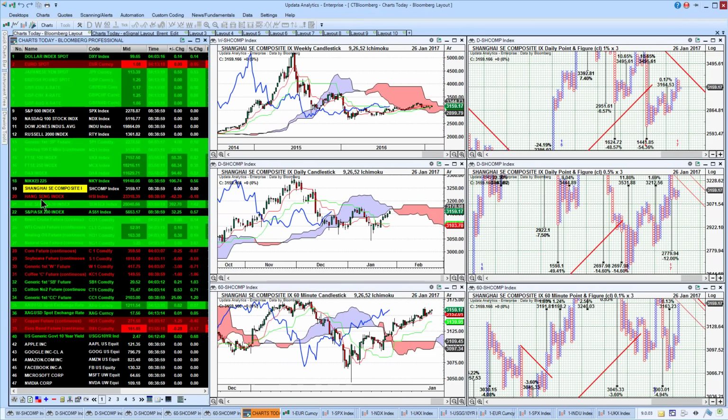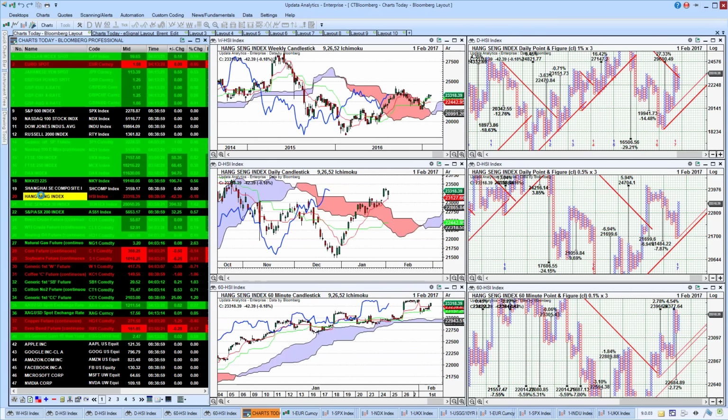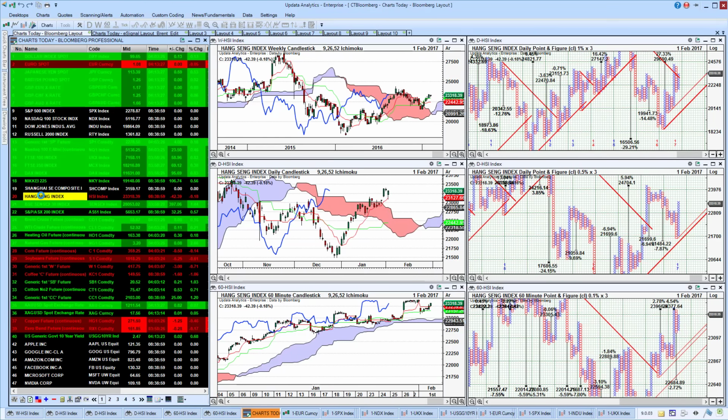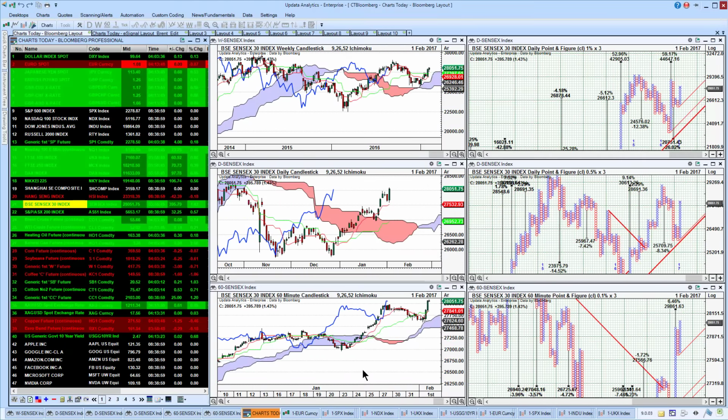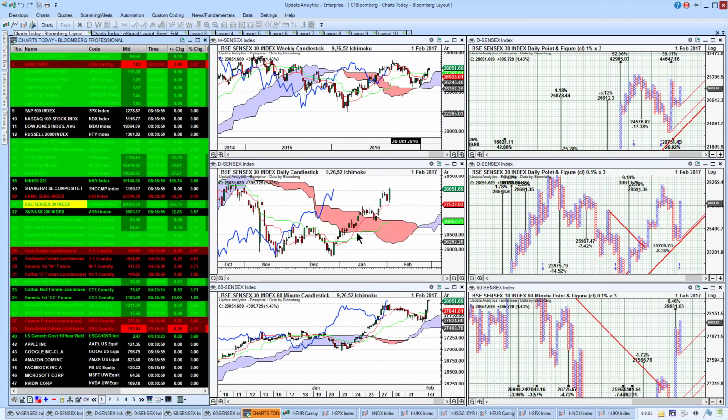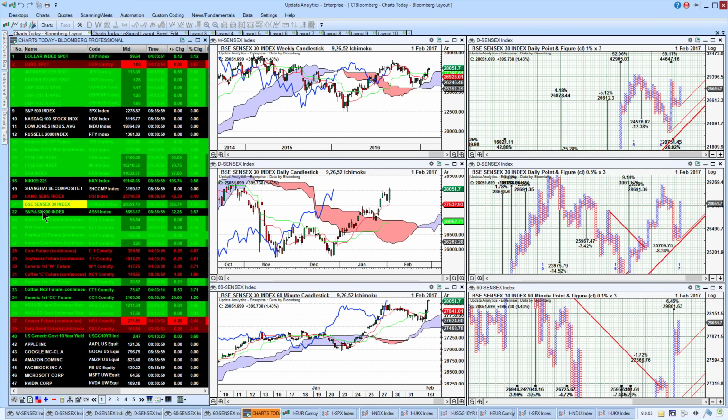Shanghai is still closed for Chinese New Year, but Hong Kong is actually now open. Hang Seng is open, only closed for a couple of days, whereas the Chinese market closes for the week. And we see here again, we're pretty bullish. So that's pretty good news because China has had quite some concerns. We're just about to break on the leg along on the Hang Seng. The Sensex is up 1.4%, so we're seeing quite a change there. It's quite interesting that we're just seeing that coming through on the Hang Seng, and that's bullish.